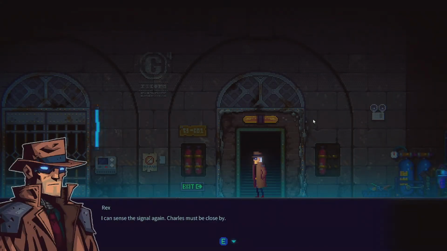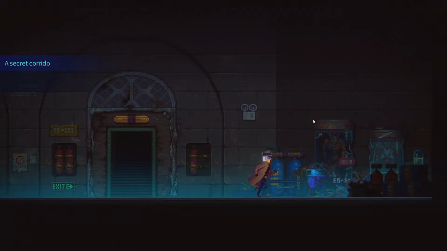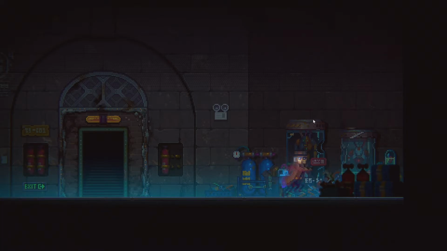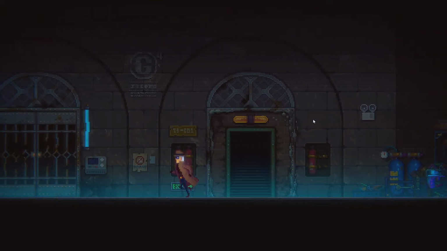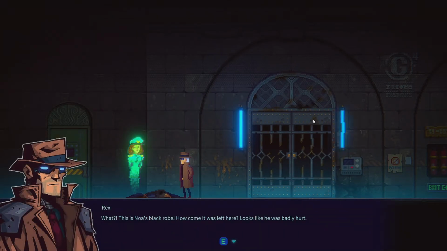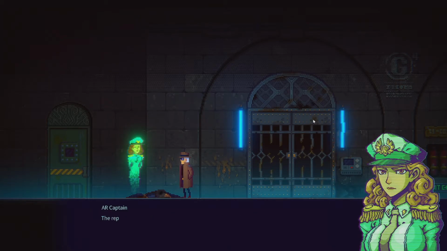I can sense the signal again. Charles must be close by. Huh, these clothes. The delivery guy who gave me the parcel was wearing these. Everything began with this parcel. Really? What? This is Noah's black robe. How come it was left here? Looks like he was badly hurt. The replenishing liquid disappears here. That guy must be...